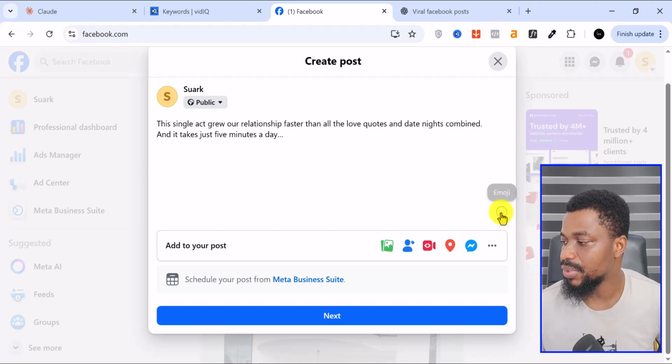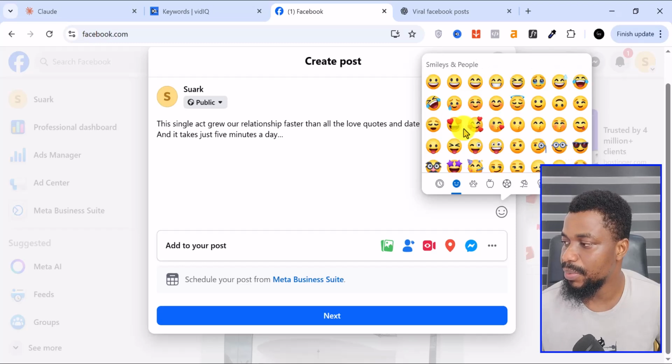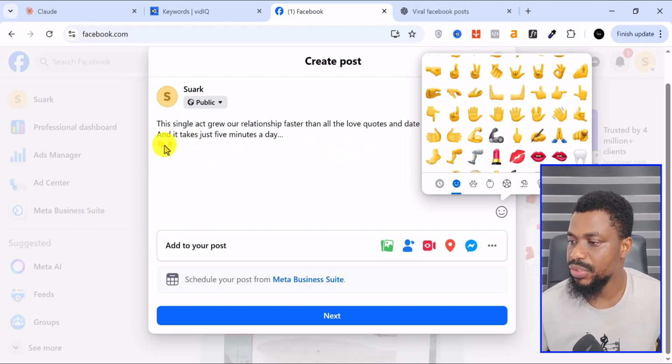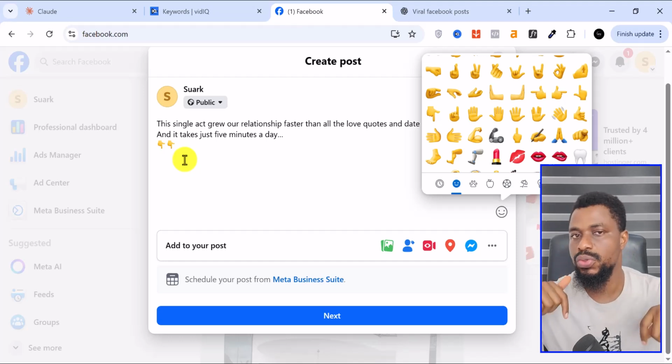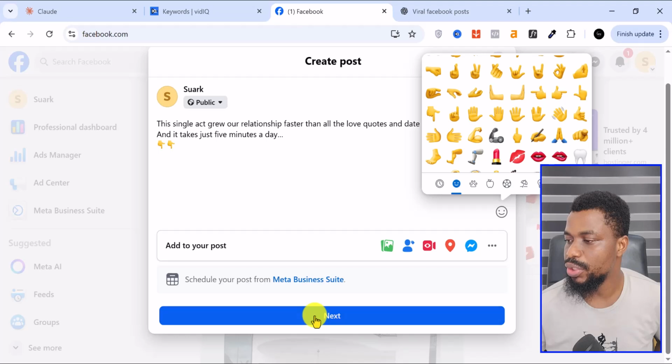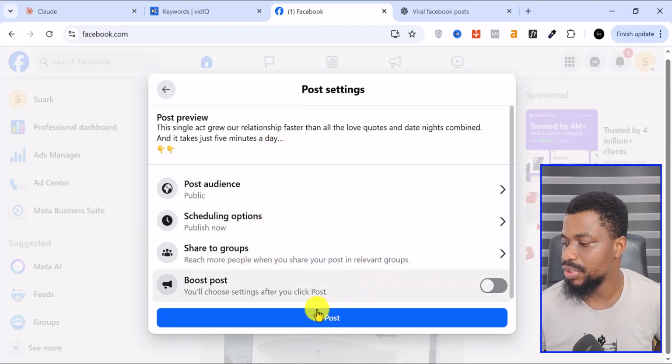Here you also click on this and you want to put an arrow or a pointer so people can read the comment section of our posts. I've added 2 pointers here so that they will know that we have the real information in the comment section. So all you have to do now is just publish it, so we can publish it immediately.